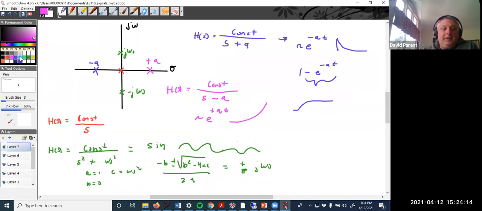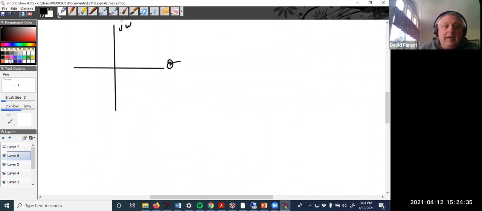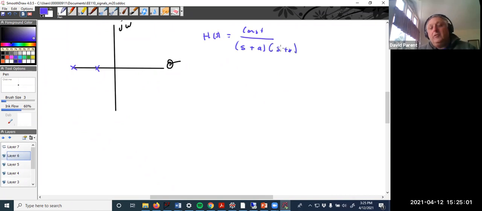Now, let's just take a quick review down memory lane for over, under, and critically damped systems, because now's a good time for that, right? And now I'm strictly talking second order systems. So now I have 2 poles, some constant over s plus a, s plus b. So both of these, there's 2 real poles that are different. They're on the left-hand side. And so that's